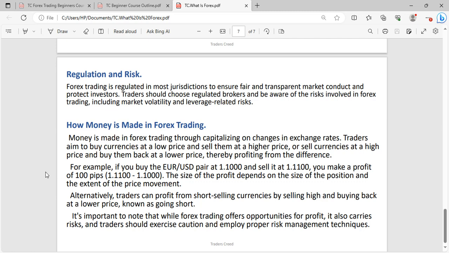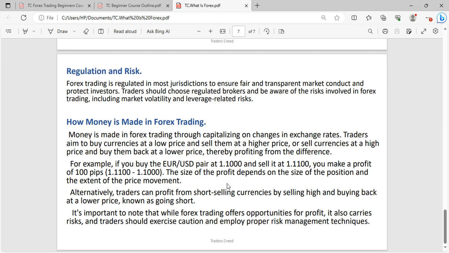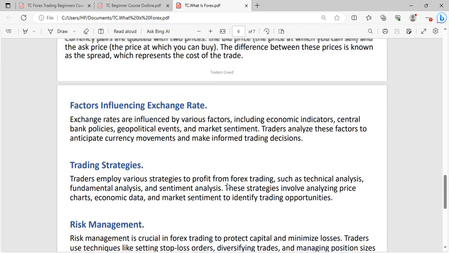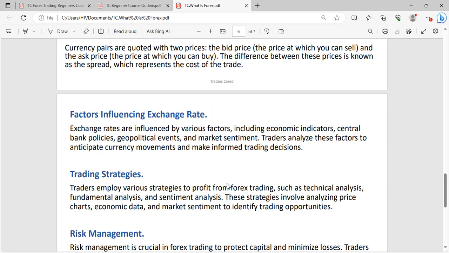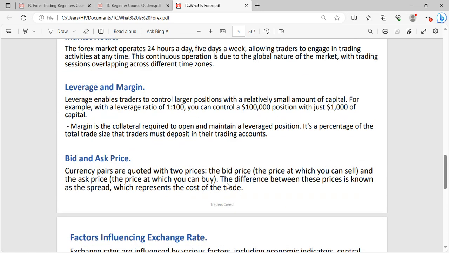Basically, like I stated, if you buy the EUR/USD pair at one level and sell at a higher price, you make a profit of 100 pips. If you buy at a certain level and it goes up to a certain level, you're making money depending on your lot size or the size of your account. So this is a brief summary of everything regarding this. I'm still going to be releasing detailed information regarding certain things and how we could proceed from here.